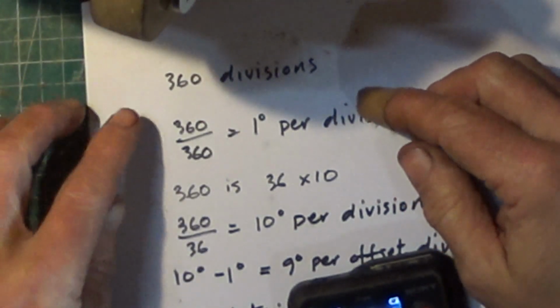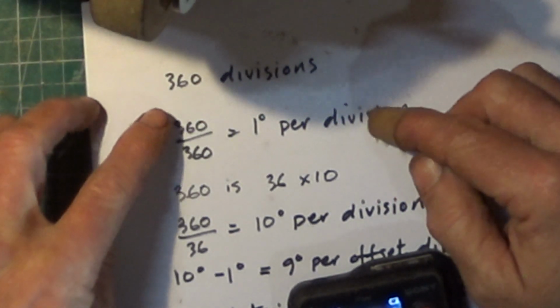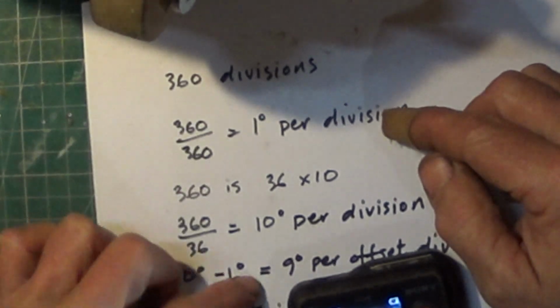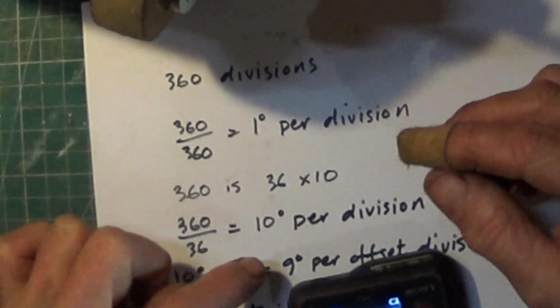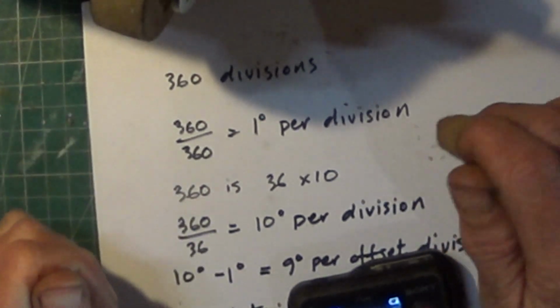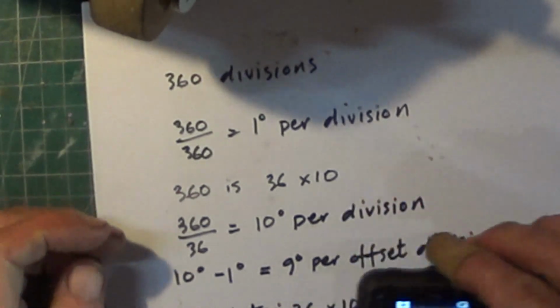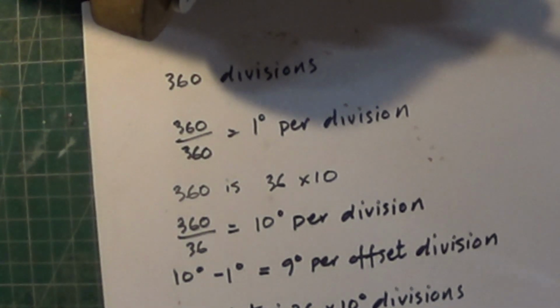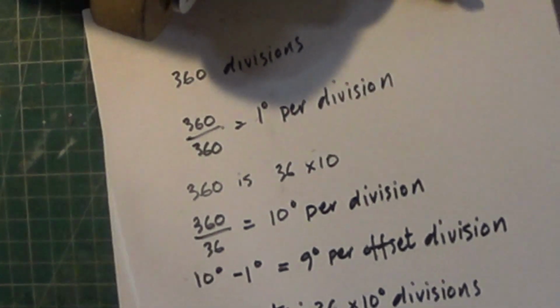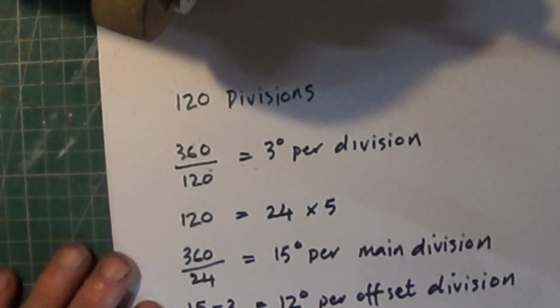So on a normal spin indexer, you're going 10 minus 1, 9 degrees off the 10, which gives you 1 degree, so you're advancing 1 degree at a time. So you have a main movable plate, 36 10 degree divisions, and a moving offset plate of 10 9 degree divisions. Right, on my spin indexer, I wanted to be able to change those plates to give me other divisions,